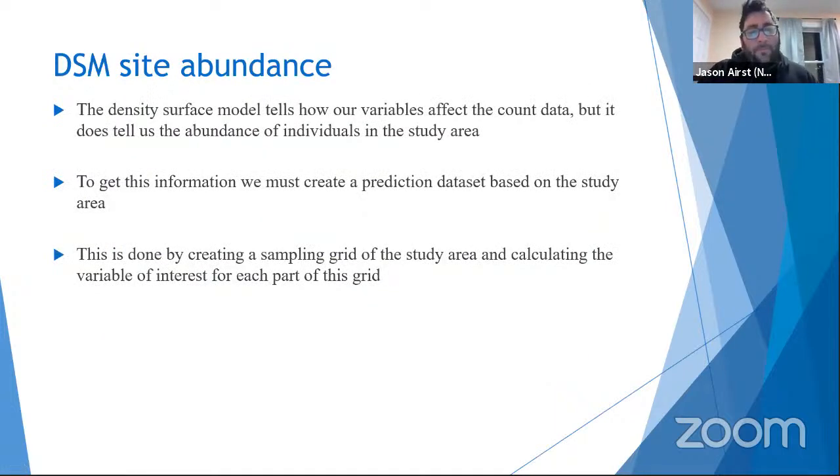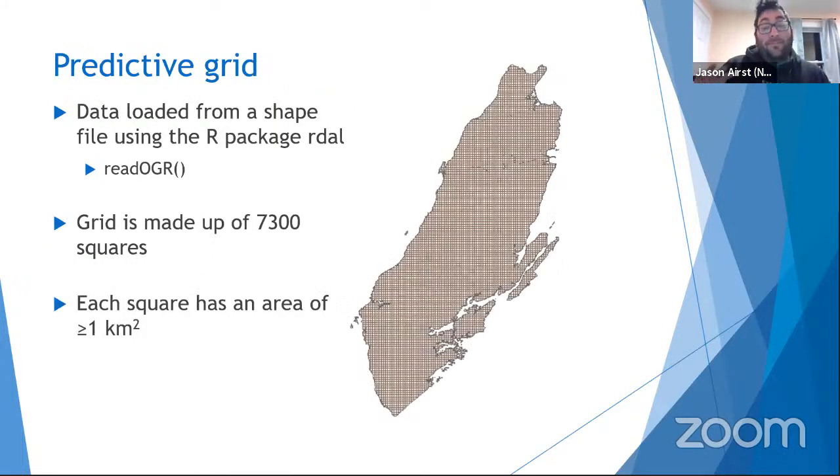So the density surface model tells us how our variables are affecting our count data, but it doesn't really tell us how the abundance is impacted by these variables. To get that information, we have to take an extra step and create a predictive data set based on our study area. And I did this through the creation of a shapefile in a GIS package and then bringing it